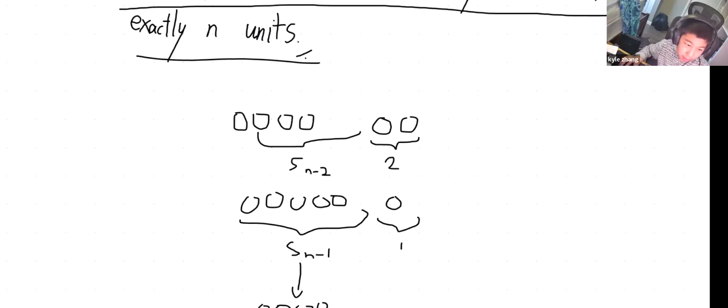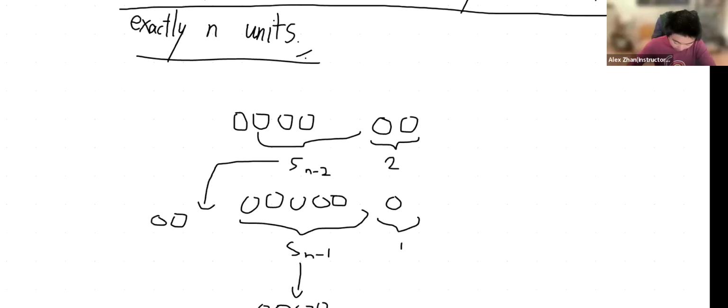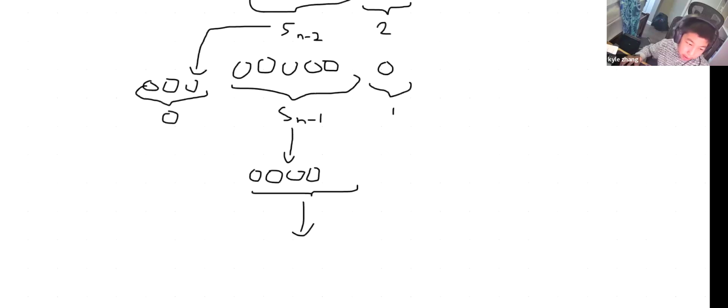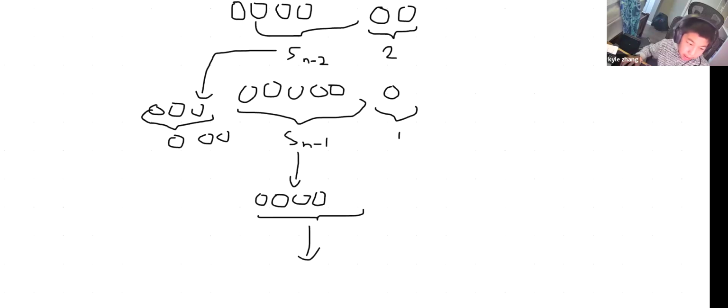So this S n minus 2 could be S n minus 3 cases for the last 2 steps being 1 and then a 2, and then